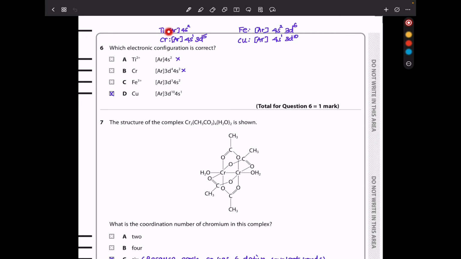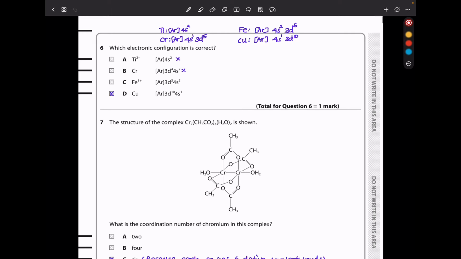Titanium has a configuration of argon 4s2, so if it is 2+, it's going to be just argon, so this is wrong. For chromium, it has a configuration argon 4s1 3d5, so this one here is also going to be wrong. For iron 3+, if you look at the configuration of iron, it's argon 4s2 3d6, but